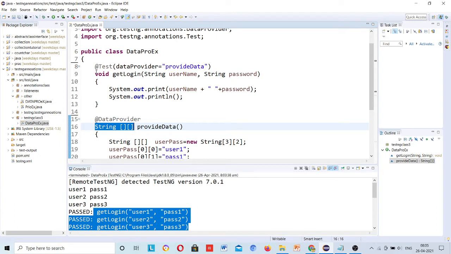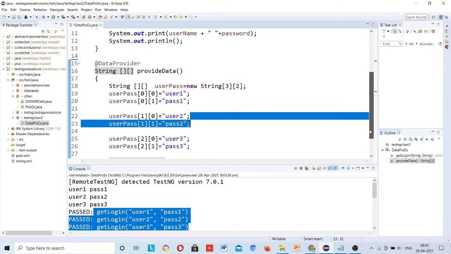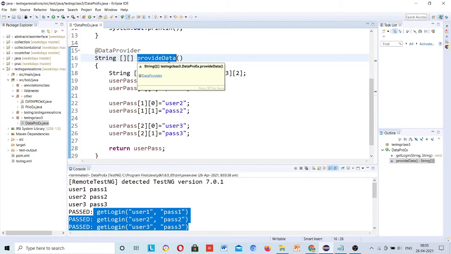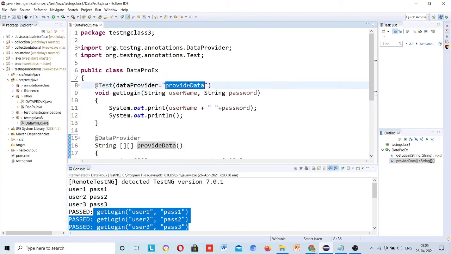You will be returning in the form of an array list. Once you go through and practice, first of all you need to get data from Excel, then you will store that data into this provide data method. And how will you store that? There is the array list concept. You will store that data using the array list add method, and then you will return this data to this method get login.